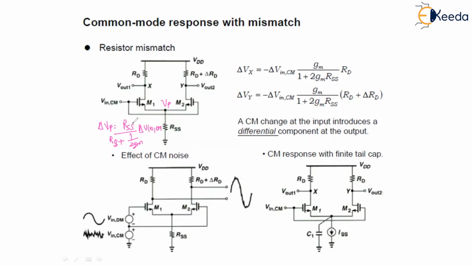Now we are interested in the effect on Vx and Vy due to the increase in Vin,CM. Since M1 and M2 are identical, the currents ID1 and ID2 increase by gm upon 1 plus 2 gm RSS, and Vx and Vy change by different amounts. Vx changes by negative of del Vin,CM times gm upon 1 plus 2 gm RSS